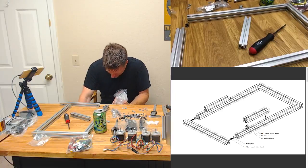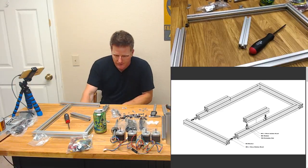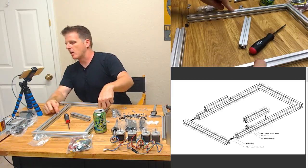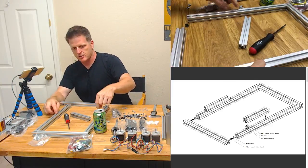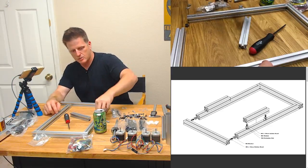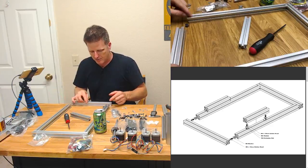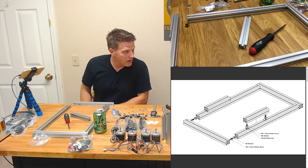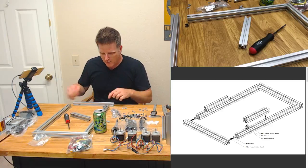Advanced group here right now. Somewhere I do, but the nice thing about T-nuts, or what I'm calling T-nuts, you might call them something else, is you can actually put them in after the fact, and then as you tighten, it'll rotate and twist and lock in, so you don't have to remember to slide everything in ahead of time, like I didn't. Okay, but I've got them in now,